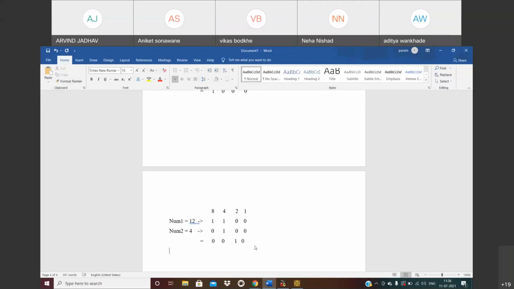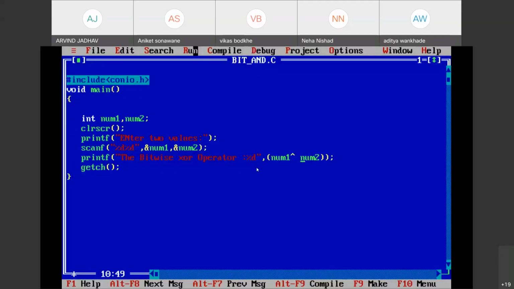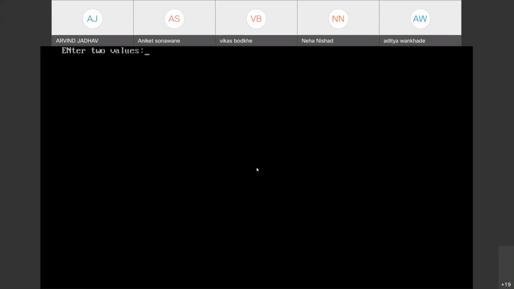Now let's perform the XOR operation. 1 and 0, 1. Similar bit, 0. Again similar bit, 0. Again similar bit, 0. That means we get the value as 8. Let's check. We input 12 and 4. We get the XOR operation as 8.